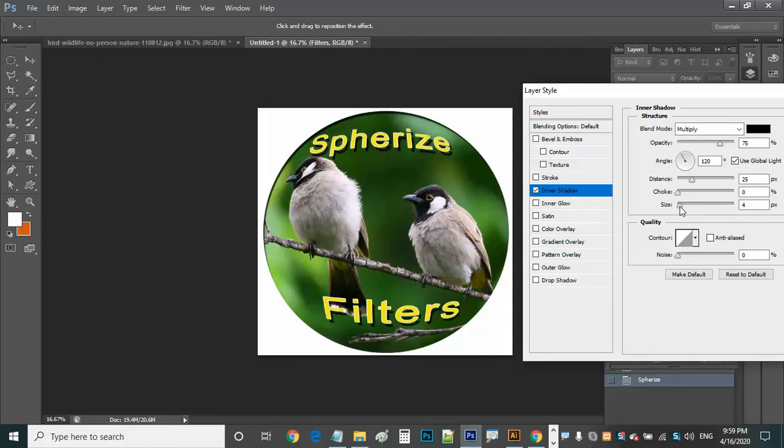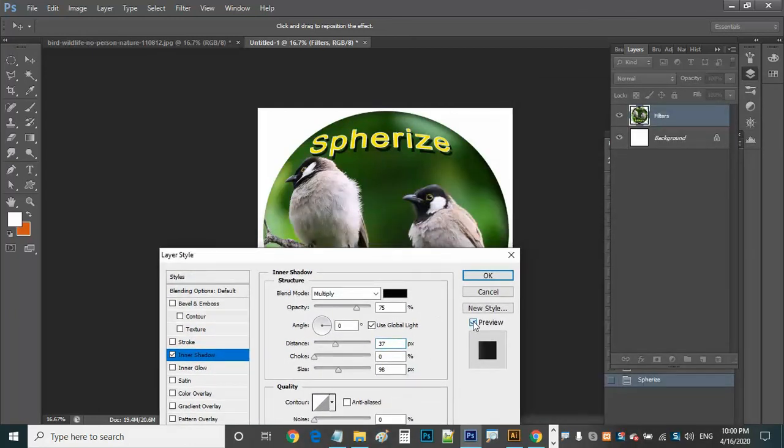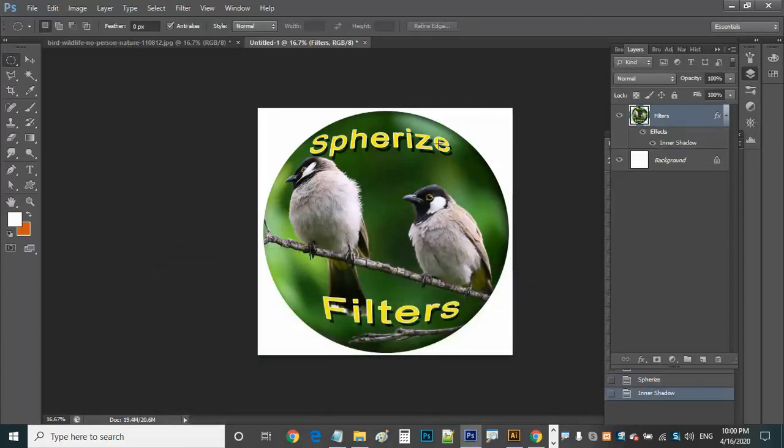So here I am going to increase this size. Now if you can see the distance and see that difference. So this angle also we can change how you want it. You can make it 0 here, better you make it 0, and you can see this distance, I don't want that much. Now you can see the difference here. When you see the preview, there is a smaller difference. So that is how we can get the spherical shape, because a spherical shape will have shadows at the end.